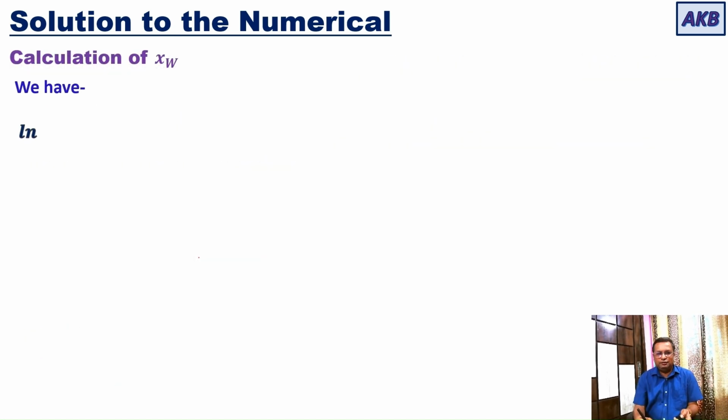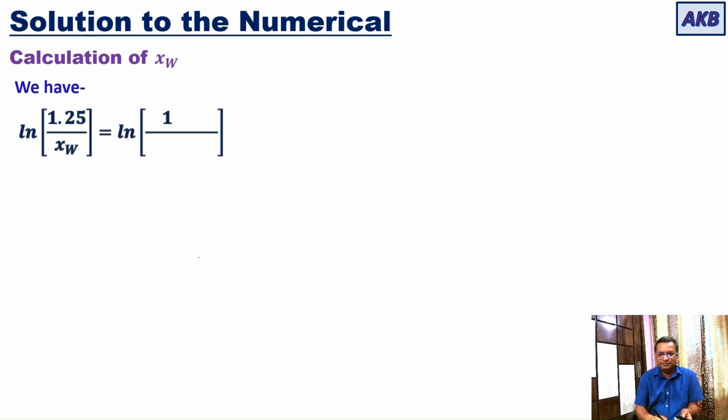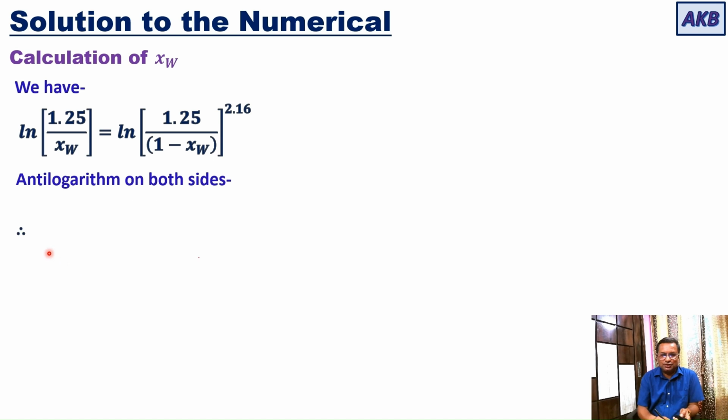Okay, so previously we got this equation. ln of 1.25 divided by xw, that is equal to ln of 1.25 divided by 1 minus xw raised to 2.16. So in the next step, I'll take anti-logarithm on both the sides. So this will be 1.25 divided by xw, that is equal to 1.25 divided by 1 minus xw raised to 2.16. Now in the next step, what I will do,